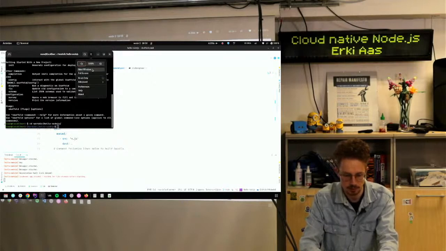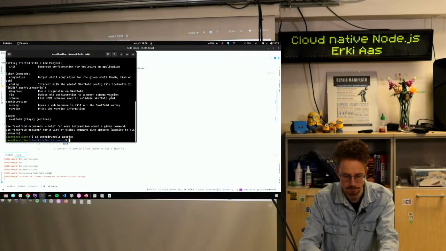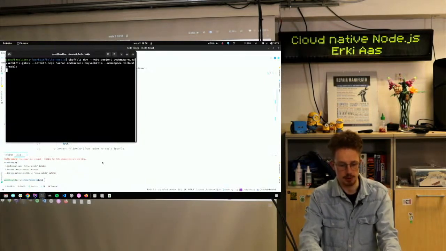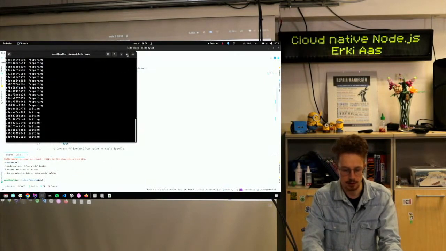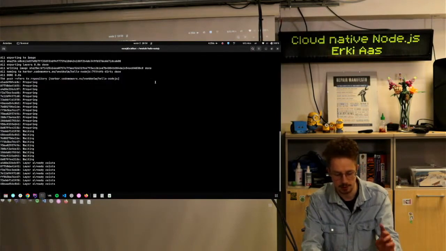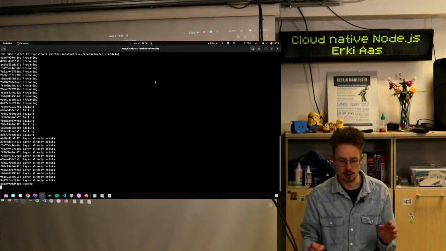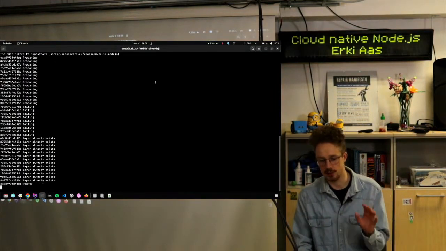Let me see. I have to stop it here and just run it. It's a regular terminal application, and it listens to Control-C, and you should gracefully shut it down,